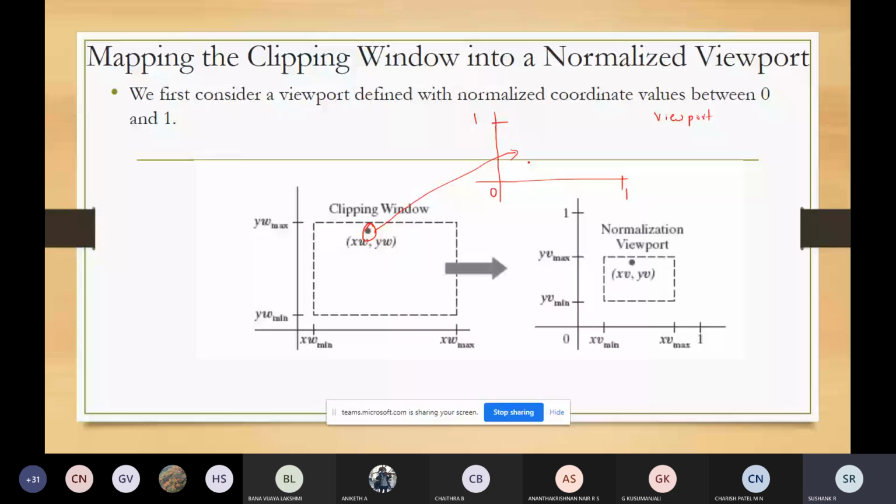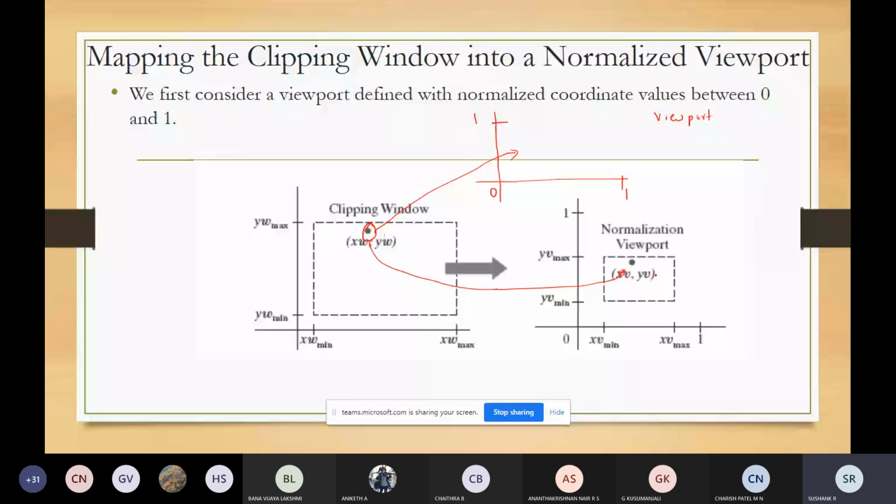The position xw comma yw in the clipping window will be mapped to xv comma yv in the normalization viewport. So object descriptions are transformed to this normalized space using transformations which maintain the same relative placement of a point in the viewport as it was in the clipping window.